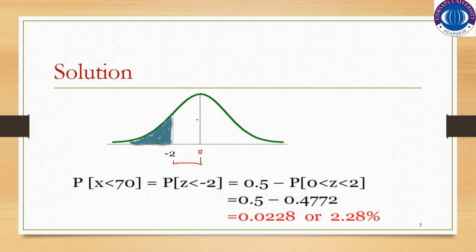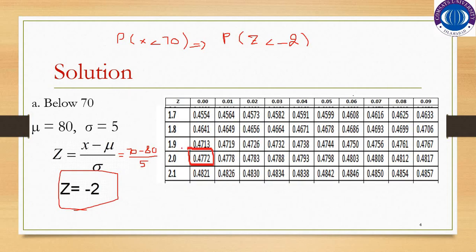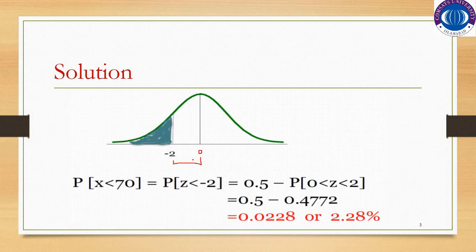So we will go to the table and find out the area between 0 and minus 2. As you know that normal distribution is symmetrical and identical, so you can find out the area corresponding to the random variable's value 2 in case of z equal to minus 2. So 2.0, you will search in the column with 0.00, which is 0.4772. So this area is